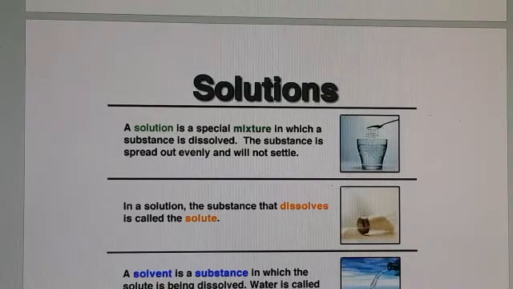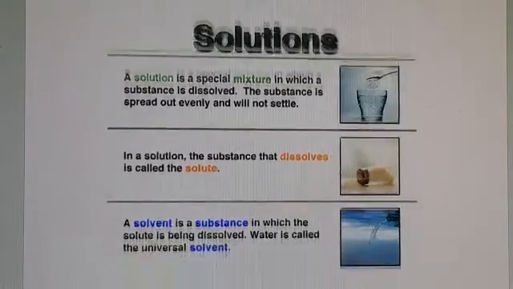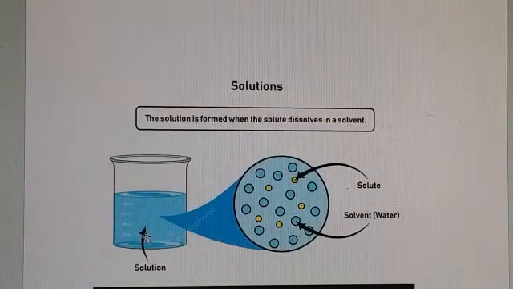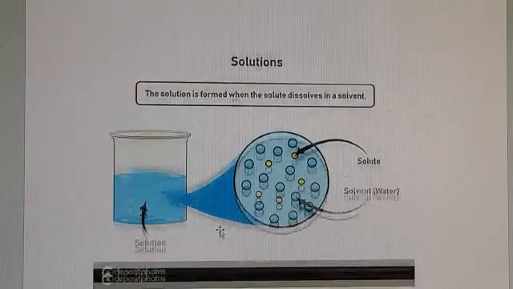Water is a universal solvent. Hope all the students know that water is a universal solvent. Look at this picture. I want all the students to do the experiment and show it to your parents: take a glass of water, add 1 tablespoon of sugar into the water, and see who is the solute and who is the solvent here, and what solution you are going to get. Understand, students? Here, we are making a solution, with solute and solvent. How it's getting dissolved, I have shown in the slide.